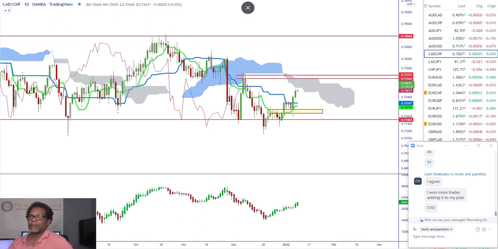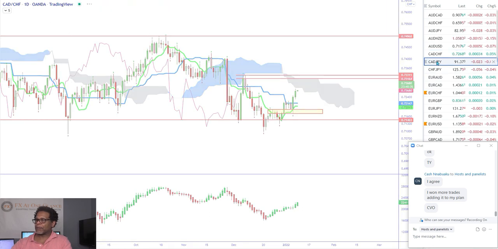Now, if you're trading a lower time frame, like an hourly or so forth, then you're probably looking for a long to get up to this area. But based off of the daily, we don't take any trade right now. Lower time frame could be seeing a move and getting into a move to the upside, but I'm not going to go through all those time frames.